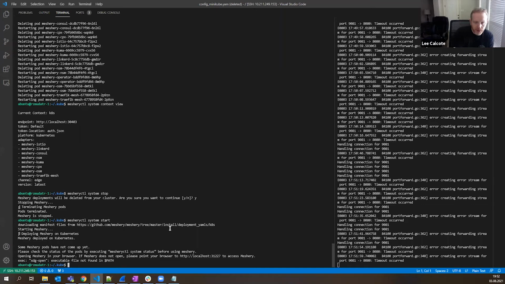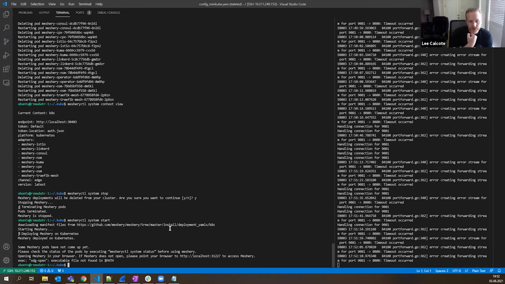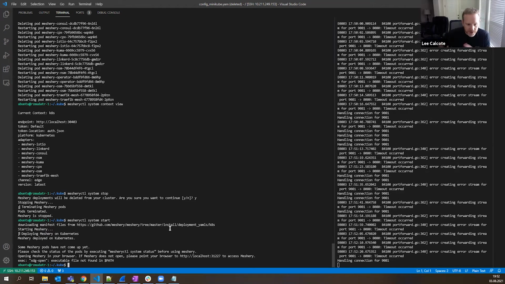It's going to say to point your browser to some random port number. To re-familiarize ourselves, if you do that kubectl get svc for the Meshery namespace,